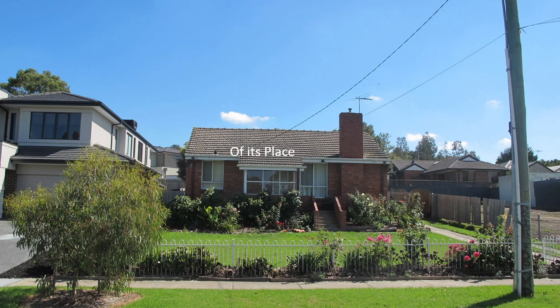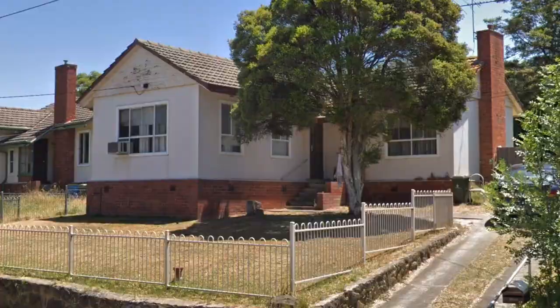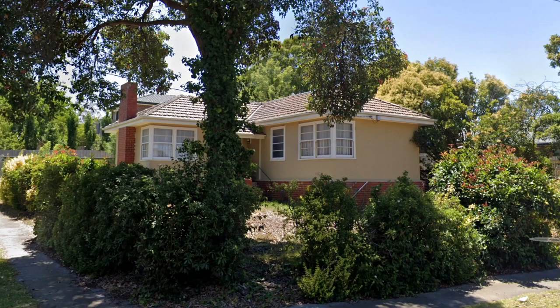But certainly it's something of its place. It's a post-war neighbourhood, all a little bit bucolic, roses in the garden, but we spent a little bit of time thinking about that sensitive interface to that street and the houses that are currently there. The idea of the plinth, the solid plinth with the weatherboards being rendered over, setbacks, generous front gardens, ability to